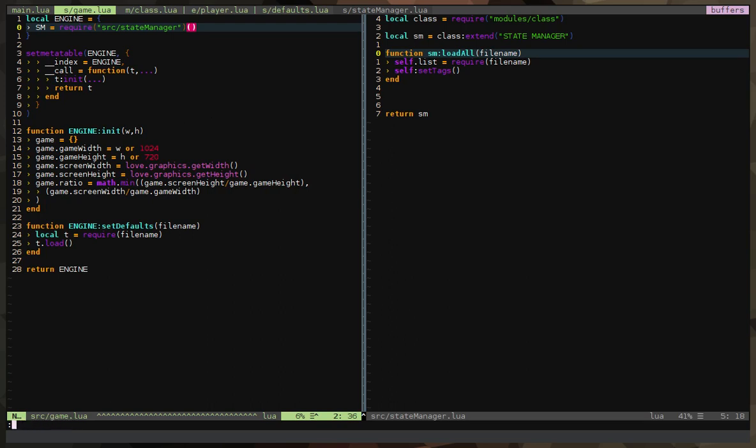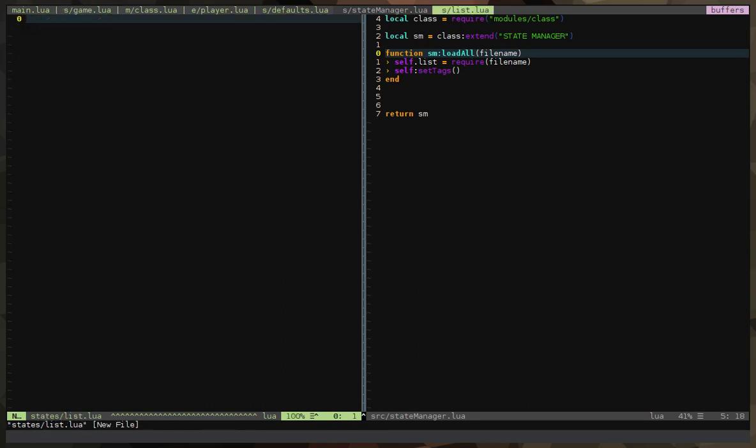Wait a minute, let's create a directory for our states, and then inside that states folder, let's create a file named list, and then here we can say local list is equal to table again. So as you can see, most of the time we're going to create a table, we're going to use this convention, and then let's just say list dot